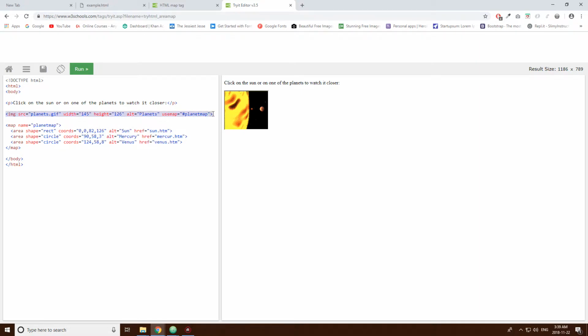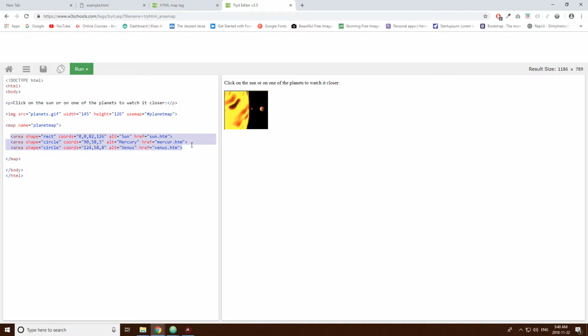There's an image, and the src you already know; there's nothing special going on here. The width and height, also nothing special. Here, the alt text, the planets, you can totally get rid of this; it's not useful here, and it will still work. But the usemap attribute specifies that it's using a map called planetmap. Here there's a map tag, and it's named planetmap. So this whole image is being told to use this map. Then inside the map,